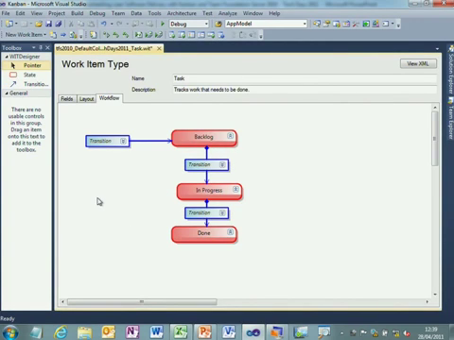And what I want to do is be able to capture the lead times and the cycle times. So TFS automatically stores an activated date when you create the work item. So I don't need to do anything in that transition when you create it. That's automatic. What I want to do, though, is store the date that the actual work was pulled off the backlog into in progress. So what I can do here is right-click, open details,